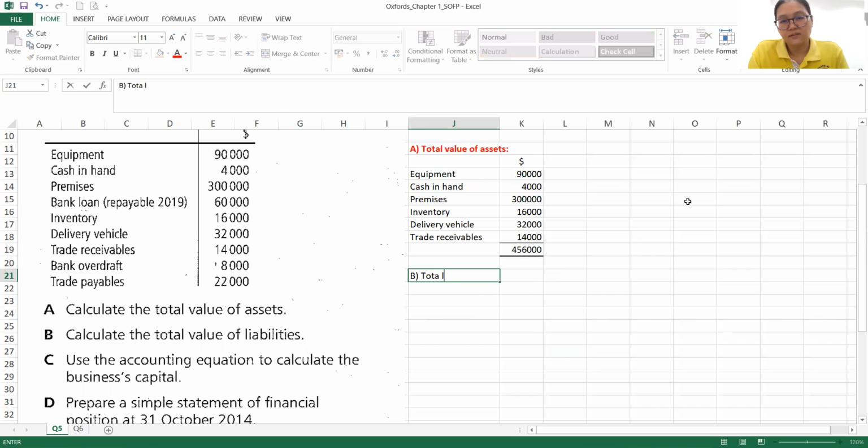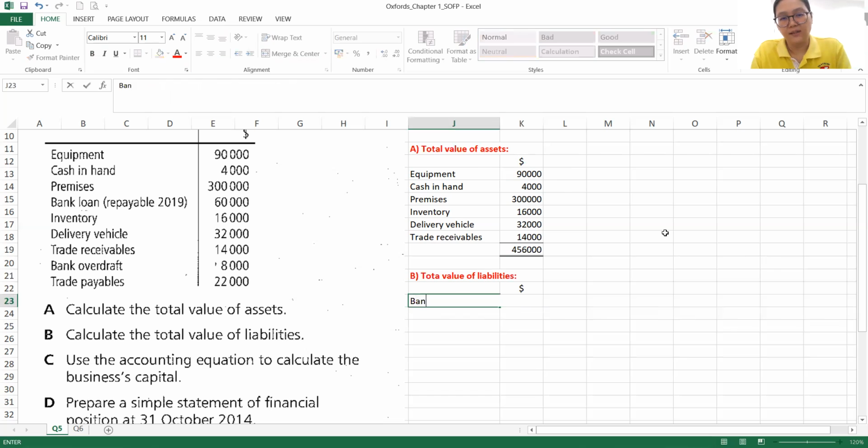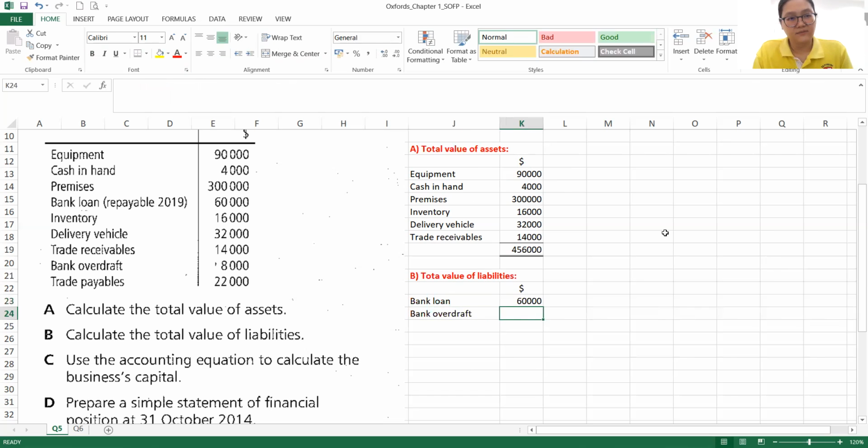So second is the total value of liability. In this list, which one is the liability? Those items I didn't put into the asset should be the liability. So bank loan we have 60,000, and then bank overdraft, which is 8,000. Trade payable, okay, trade payable 20,000. So the subtotal,